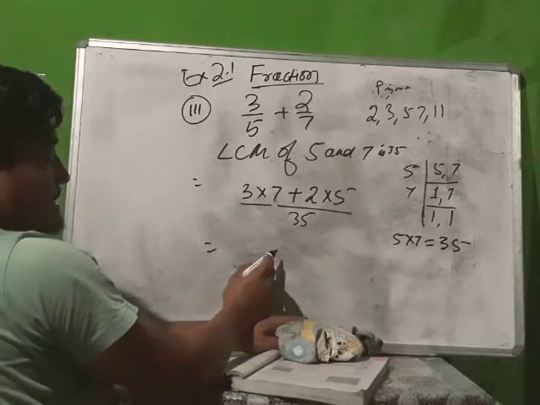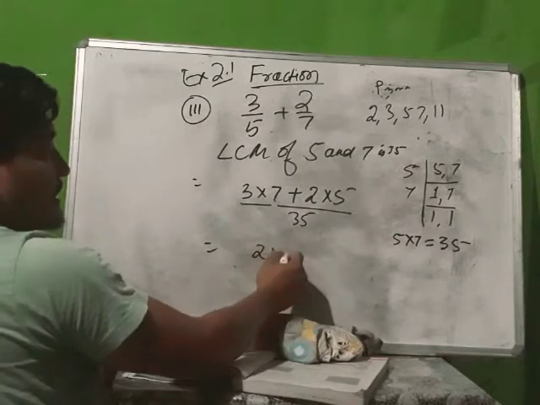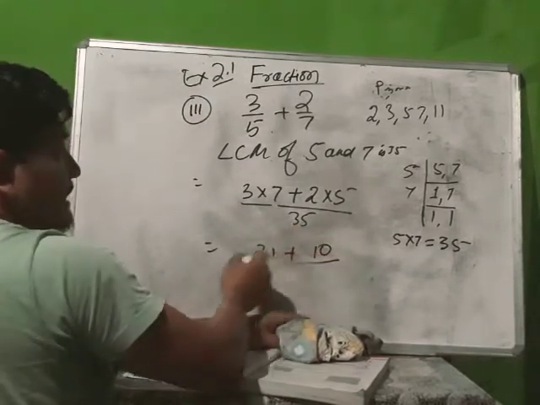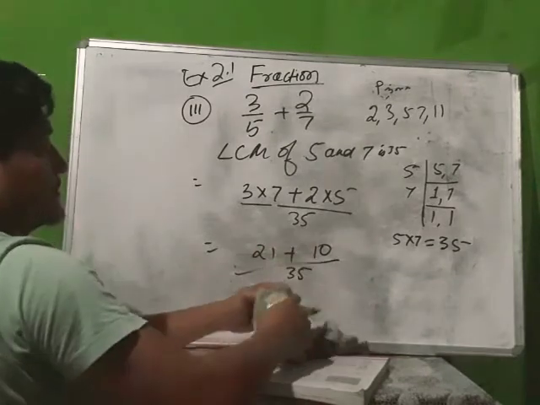What is the product of 3 and 7? That is 21, and 2 and 5 will be 10 and 35. So